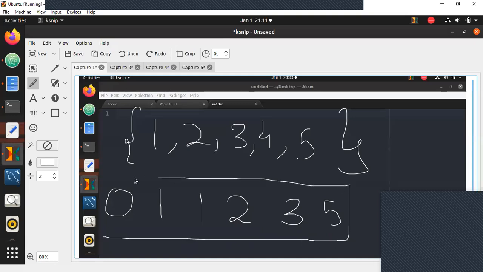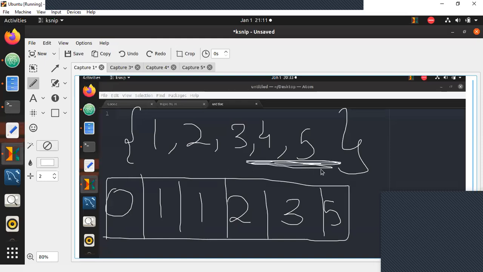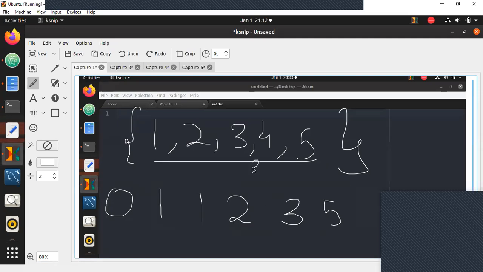This is your Fibonacci series. Now, given an array, your task is to find all the elements of this array which are Fibonacci series elements, and they must be composite. In other words, they are non-prime elements. That is the whole condition.